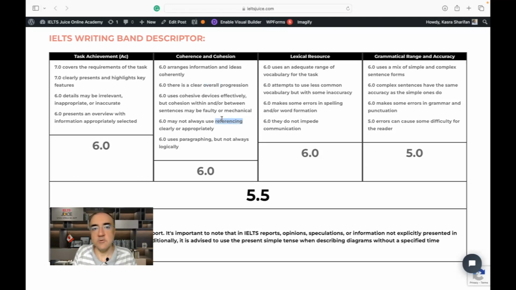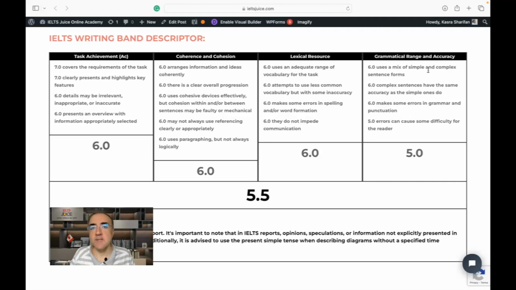Referencing issues, a lot of which as a connector makes it mechanical. Yes, paragraphing is not good. One paragraph is for 2 steps, another is for the 3rd step. There's no reason why it's that. And it's not always logical. That's what I meant. So yeah, there's an adequate range of vocabulary and an adequate range for